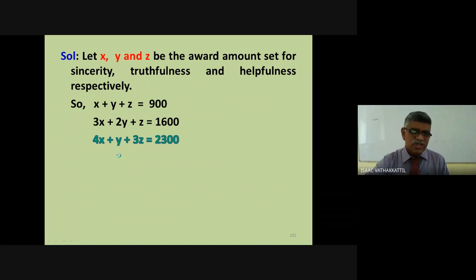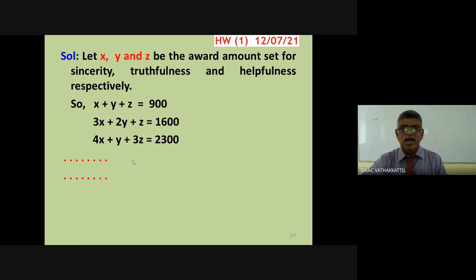Well, further solution I leave to you. You can solve using matrix method. We write this as AX equal to B, where A is the matrix. Find its determinant. It has to be non-zero because we need a solution here. We cannot leave it without solution. When determinant A is not equal to 0, we are going to have a unique solution. X equals A inverse B, where A inverse is 1 by determinant A into adjoint of A. Adjoint of A is the transpose of the cofactor matrix.